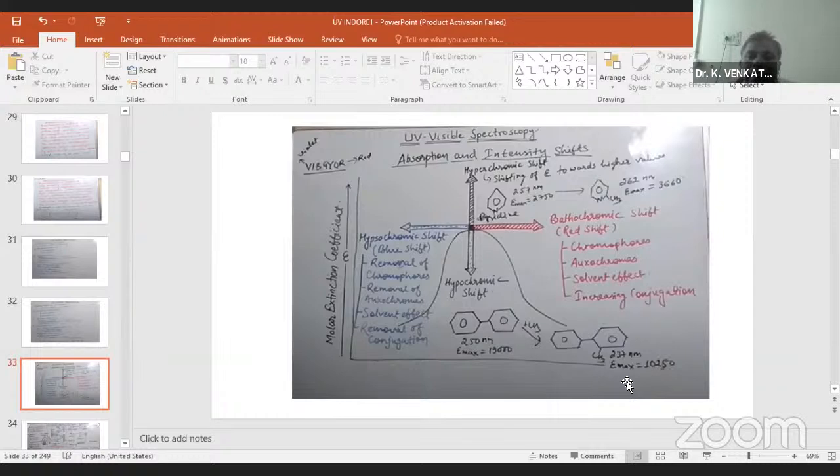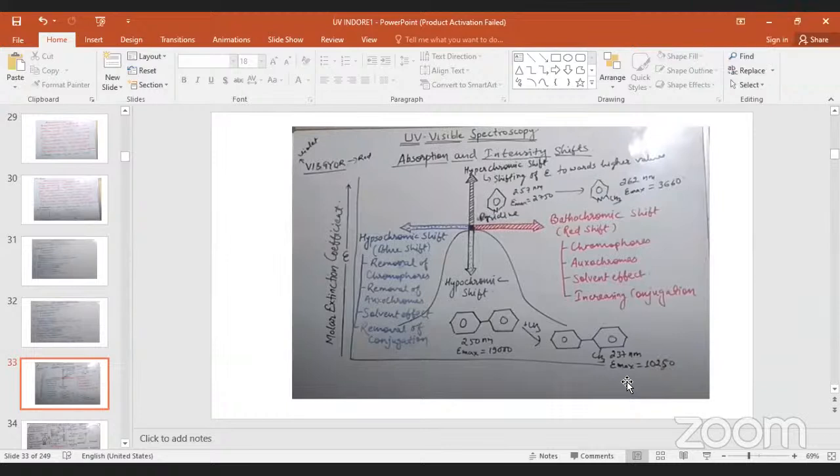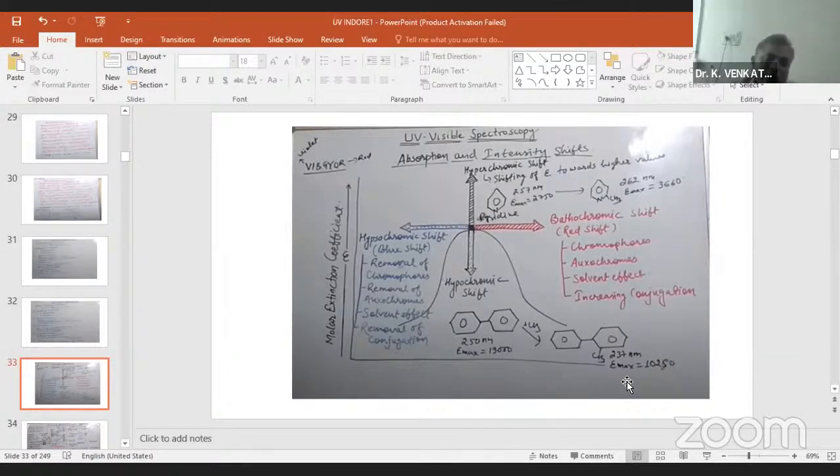So this is the bathochromic shift. And the hypsochromic shift, what is the reverse? When we remove the conjugation, that is called the blue shift. The same, the reverse: removal of